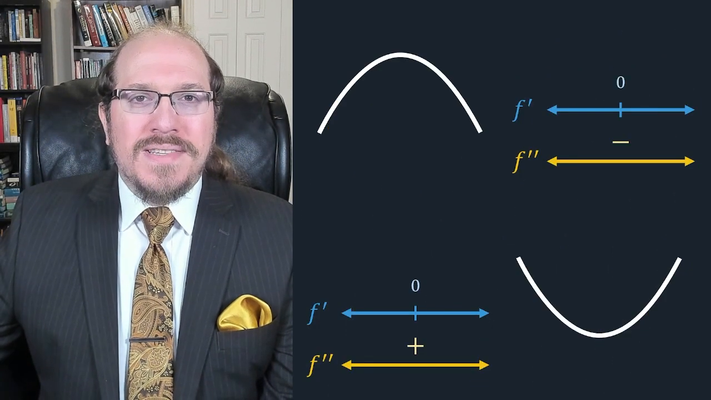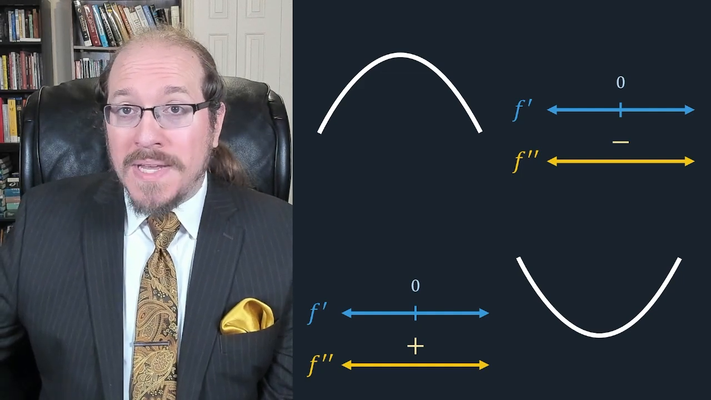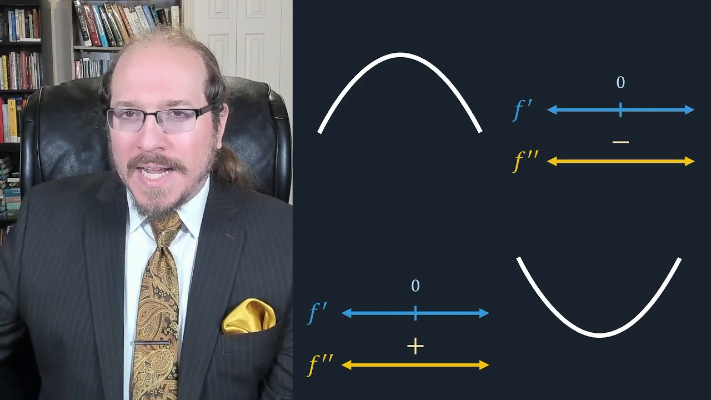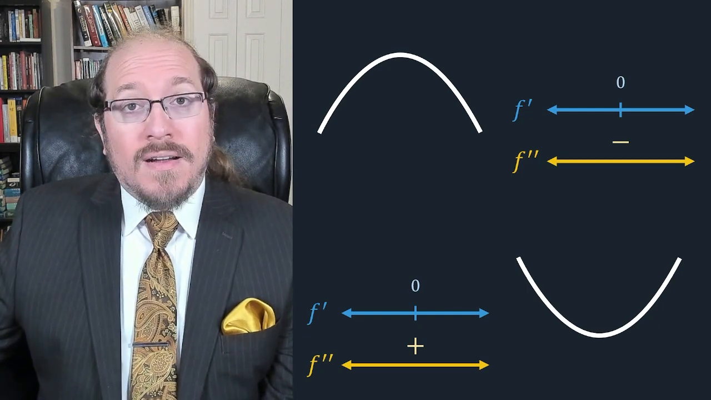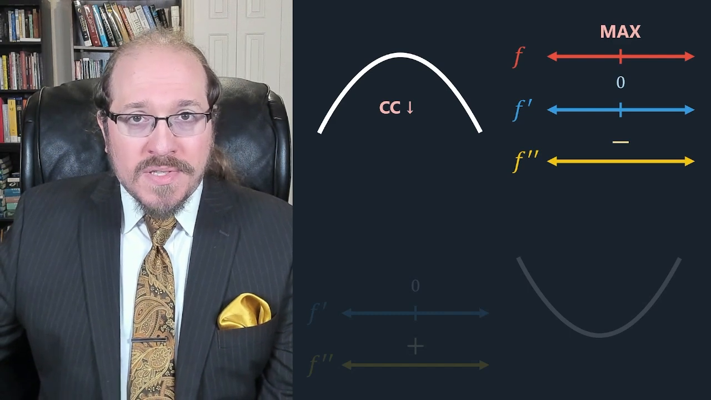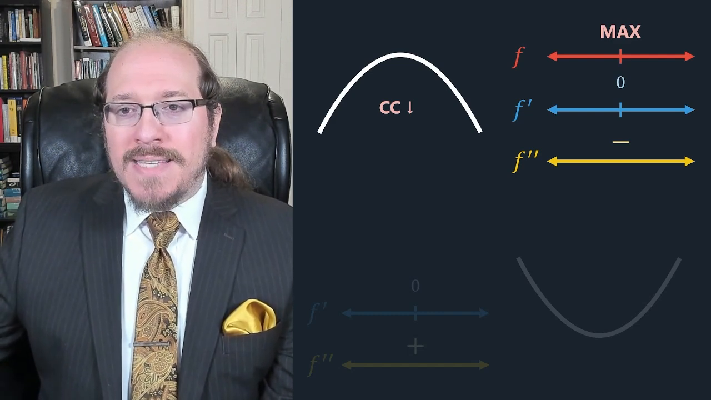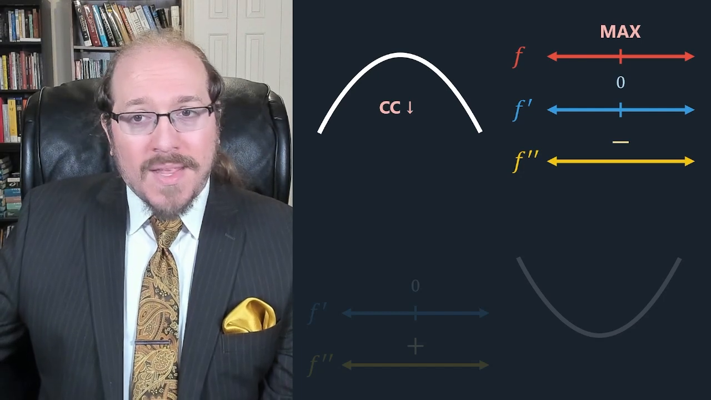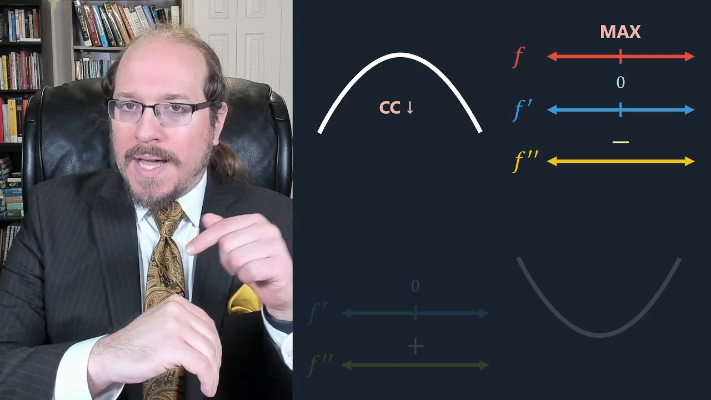We can also use the second derivative to our advantage to figure out whether a function has a maximum or a minimum. Think about what the second derivative tells us about the shape of a graph. It tells us the concavity. So if we happen to know that f prime equals 0 and that f double prime is negative, that means f is concave down. And if you think about the shape that makes, our critical point must be a maximum